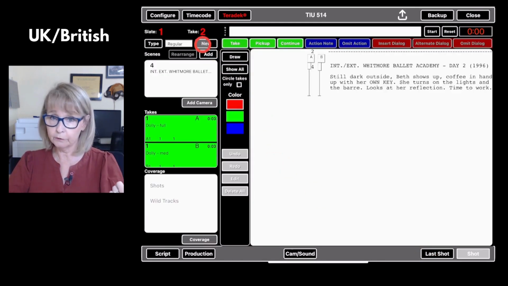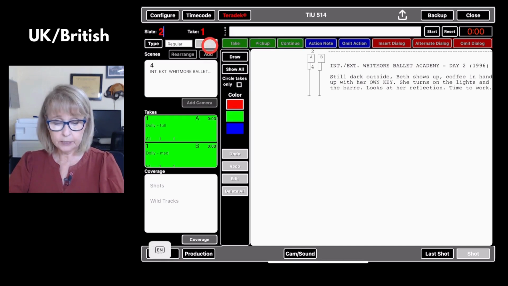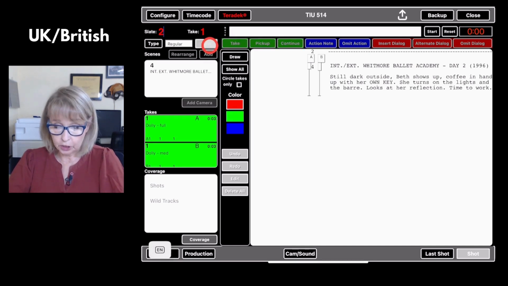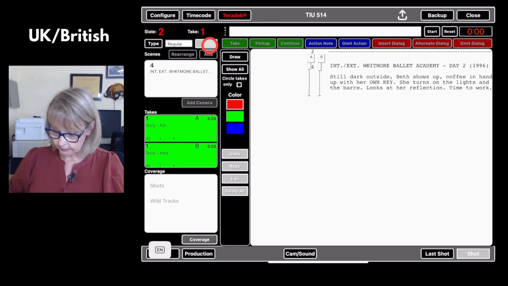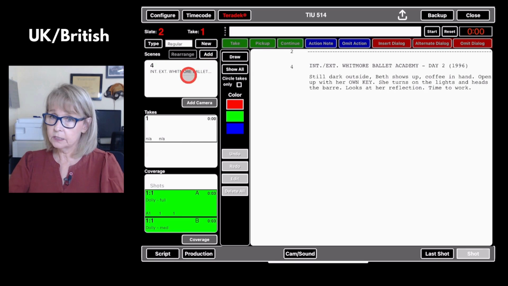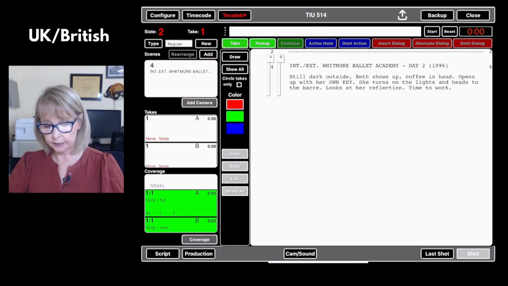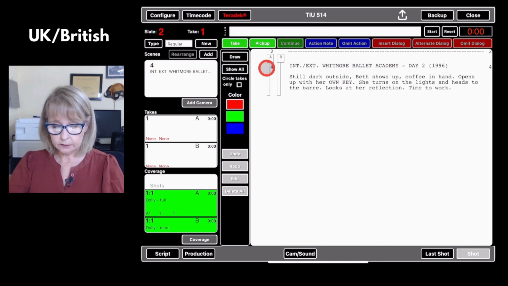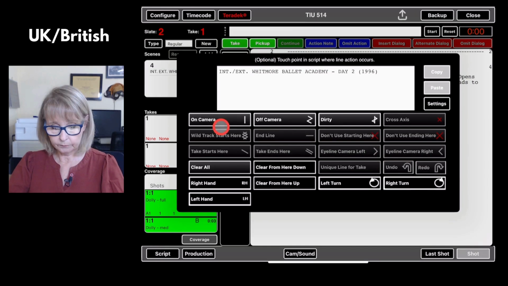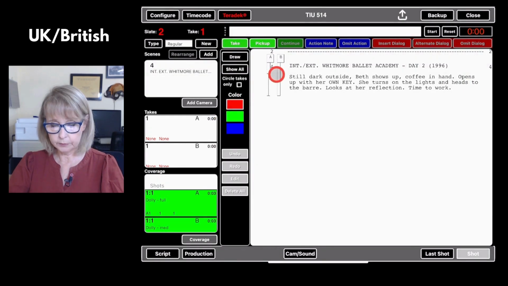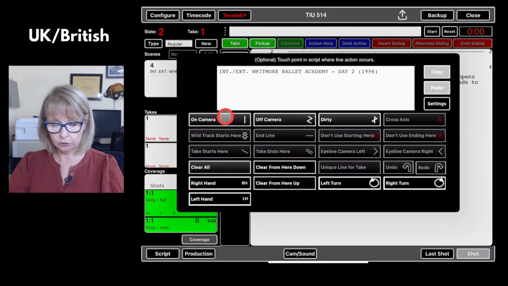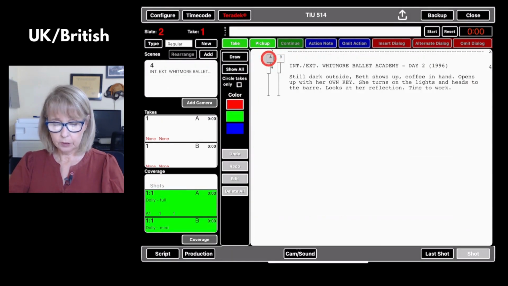Okay, so that was the first shot of the day. We're going to do the next one. It's going to be considered shot 2. Let me enter that. And we're still on scene 4, right? Okay, so we're going to add a couple of cameras there, and let's line our script, because Scripty doesn't like it when you don't line your script. And then we're going to call this, I